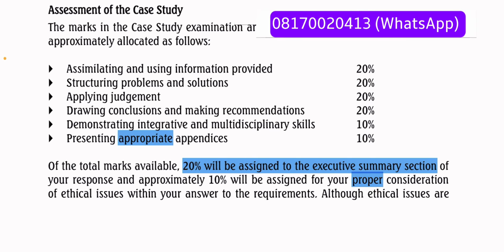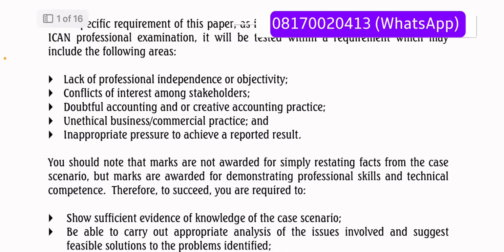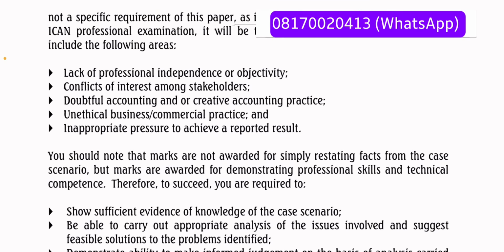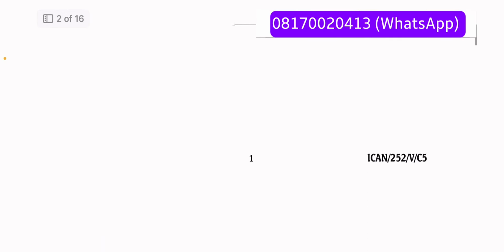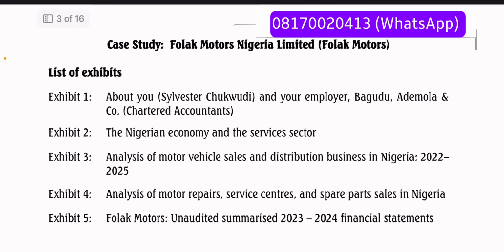You understand? So now they gave some ethical issues. All these things I'm going to explain in the Preseen. Like I said, this is a skeletal analysis. So these are the ethical issues you have, and then let's just go to the first information. Now, the company we're dealing with in this particular case study is Folak Motors Nigeria Limited, and they gave you